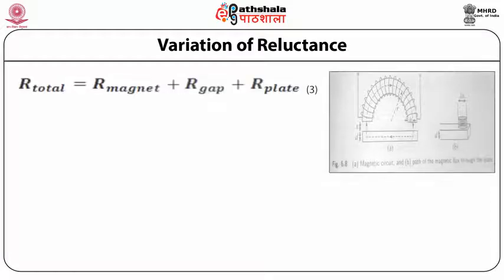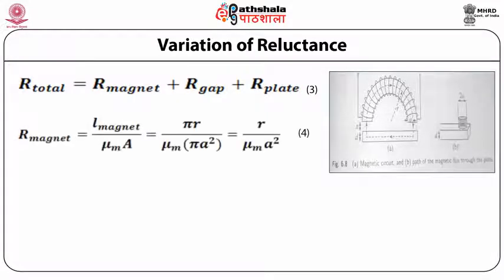That is, R total equal to R magnet plus R gap plus R plate. Now we can write R magnet equal to l magnet by mu m A equal to pi R by mu m pi a square equal to R by mu m a square, where R is the radius of curvature of